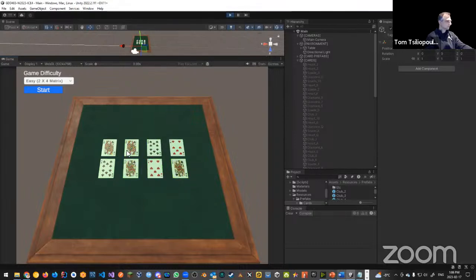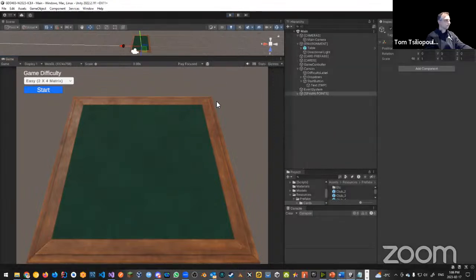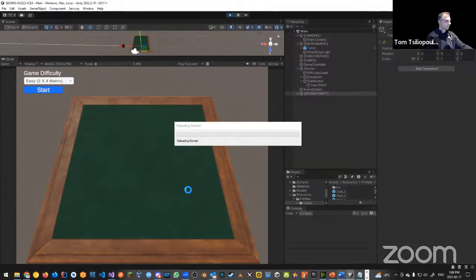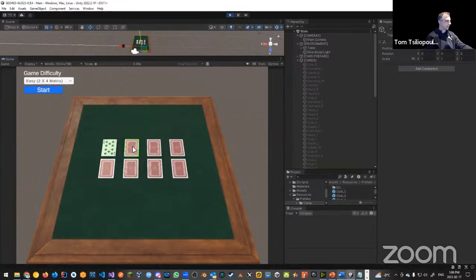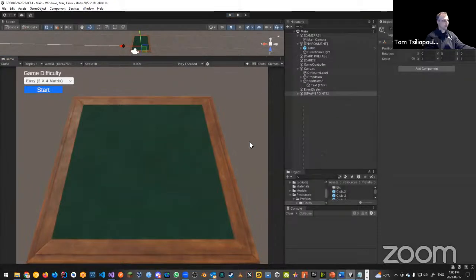Okay. Seems to be working. So it looks like it's working good, actually. Right? Works great. Okay, so that is my first iteration. So now I'm going to put this up on GitHub. So again, file save